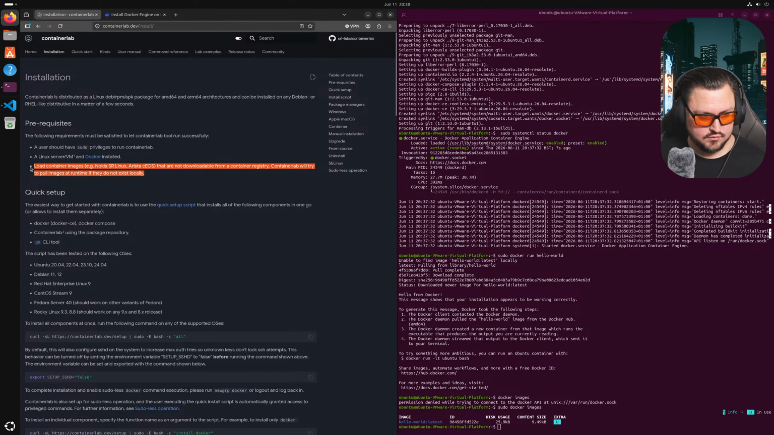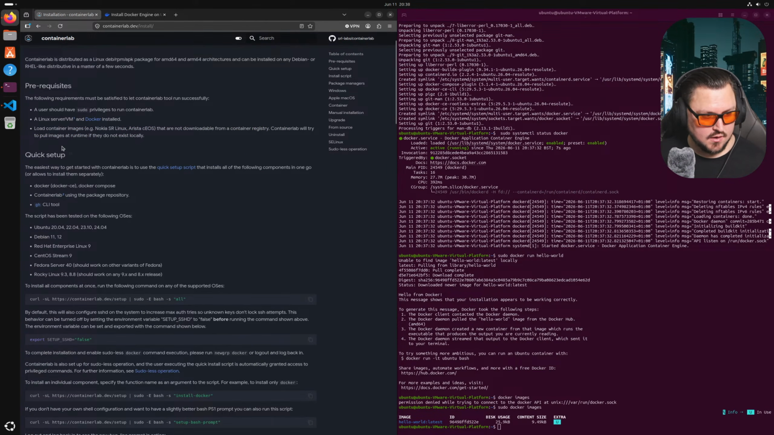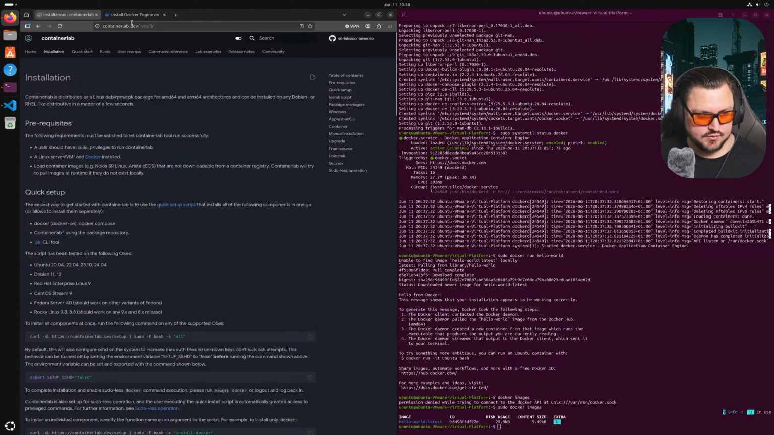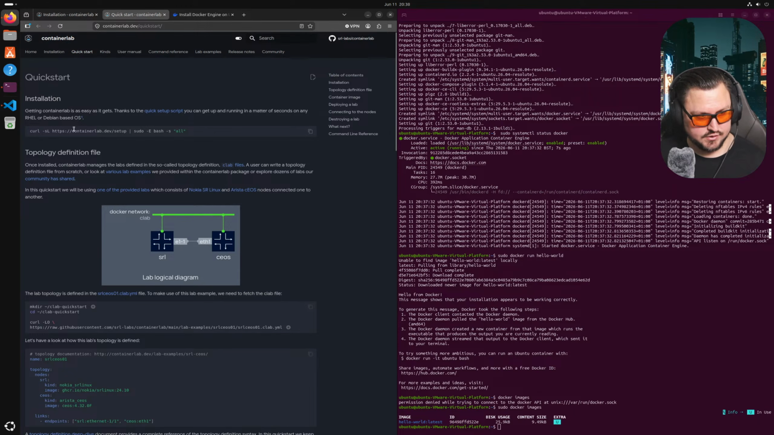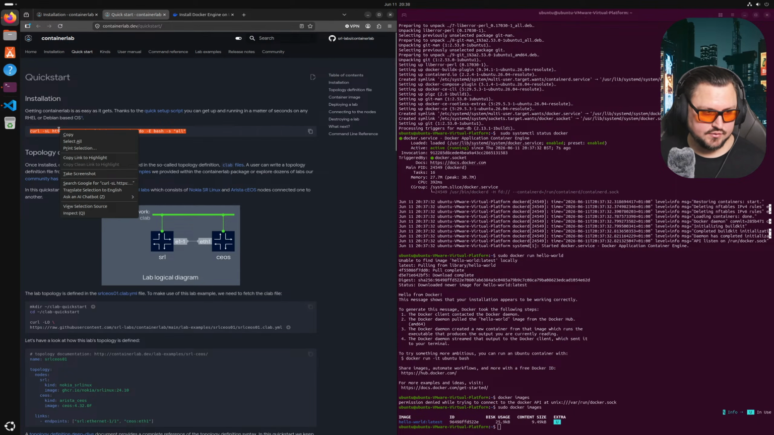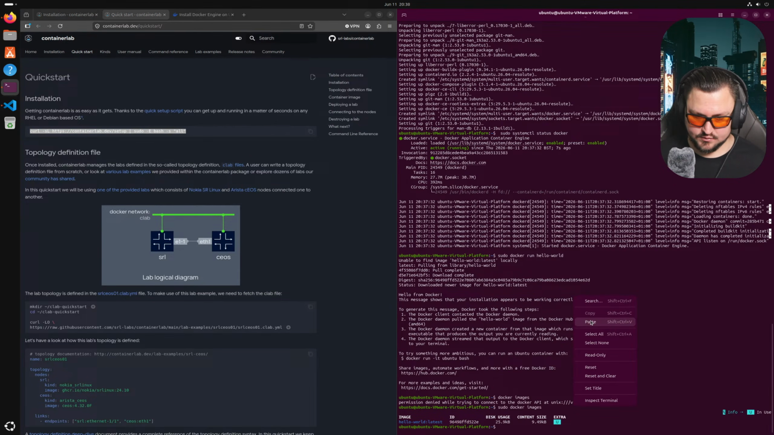And now we can do the load container images. But let's just do the quick setup script. So I think I already had it open. No, I don't. Let's just go into the quick start script. It's literally just this. Copy this one line, pop it into our terminal,